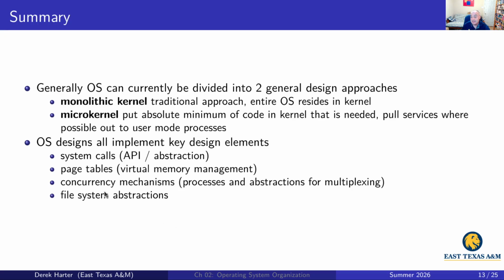But regardless, there are certain common things that all operating systems, even our teaching XV6 operating system, implement. Basically some sort of an API, which usually is the transition from user mode to kernel mode. It's how user processes invoke kernel services and switch into supervisor mode in order to get things done. Page tables and virtual memory, along with the process abstraction, organize and are the hook for a lot of these things. So virtual memory, multi-processing, so being able to switch between processes, and then the file system